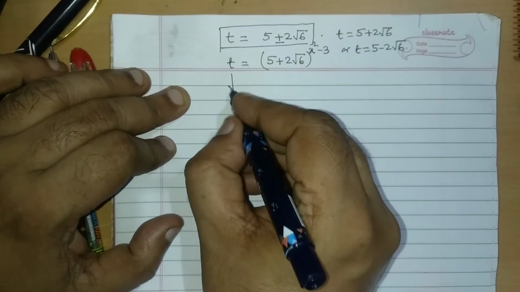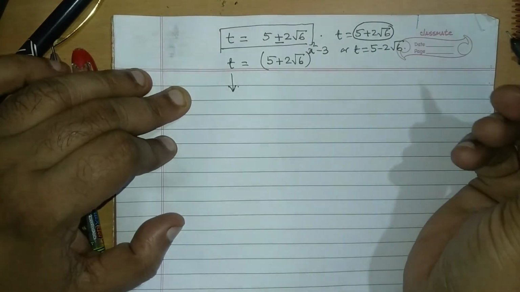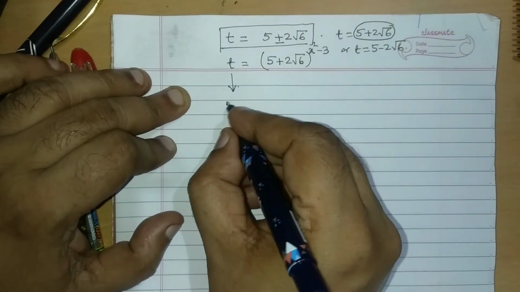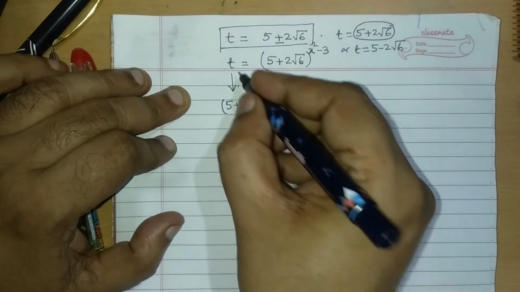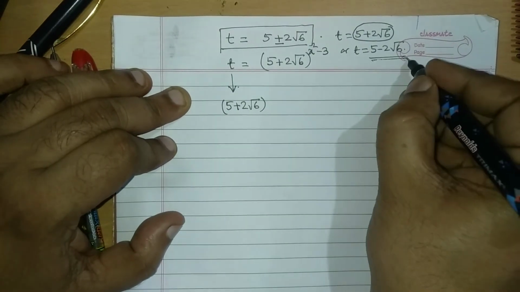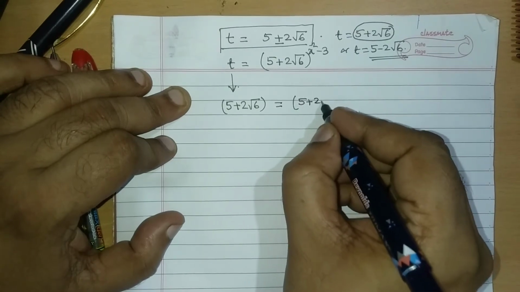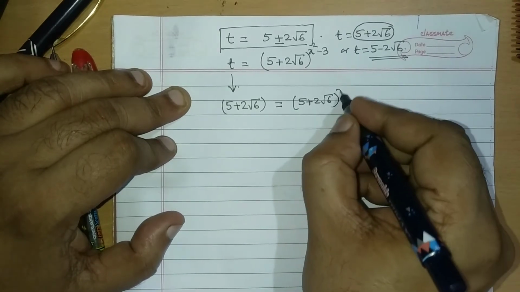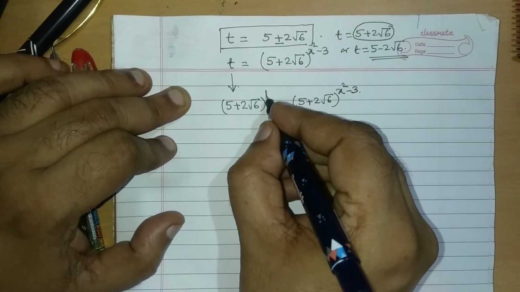Now in place of t here I am substituting 5 plus 2 root 6, because t is equal to this. So now it is equal to 5 plus 2 root 6 whole to the power x square minus 3. And here what is the power? Here power is